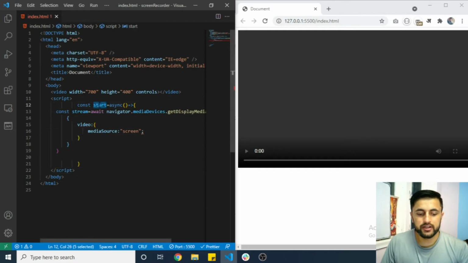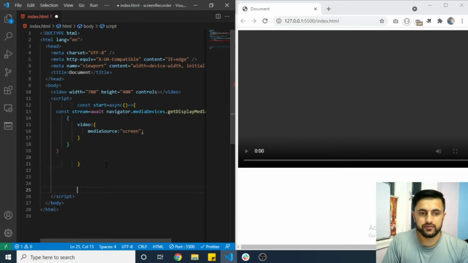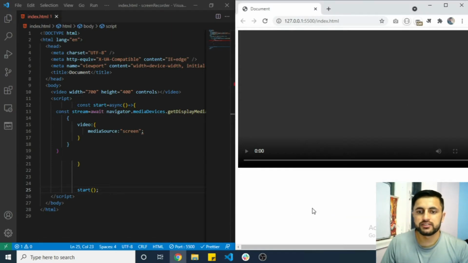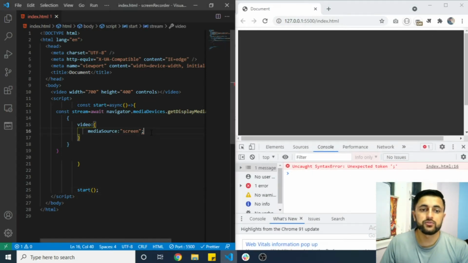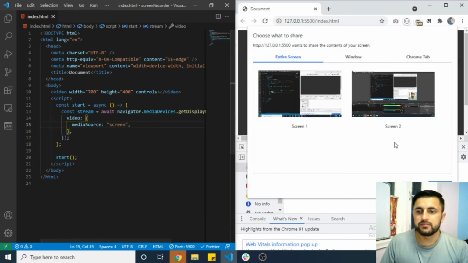okay, we forgot to call the function. So yeah, this is our main function, and we're gonna call the start function here. So basically as soon as the page is reloaded, certain dialogs will appear. Okay, we are missing something, so we can check the inspect and check the console if there is any error. Okay, there is a certain error. Oh sorry, we put the terminator here, and if you refresh the page, you will see this